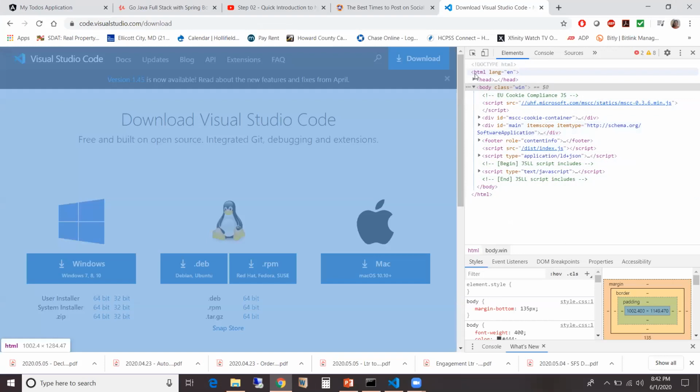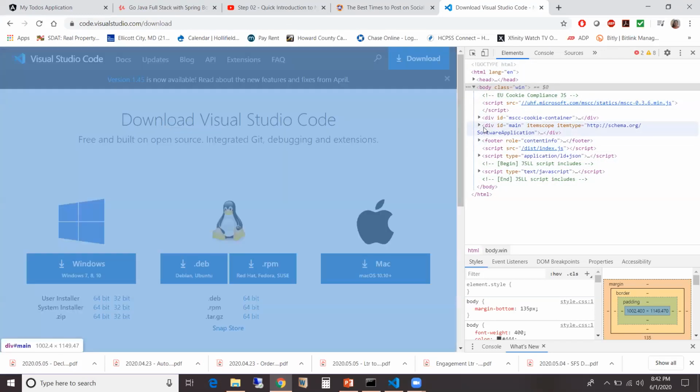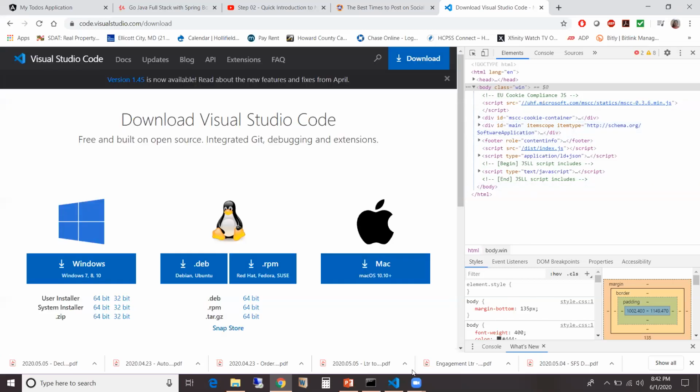The HTML code has different nodes. The HTML is a node, head is a node, body is a node, div is a node. So everything is just a node, and this form is represented by the document object model.